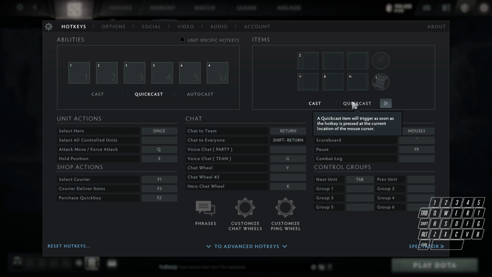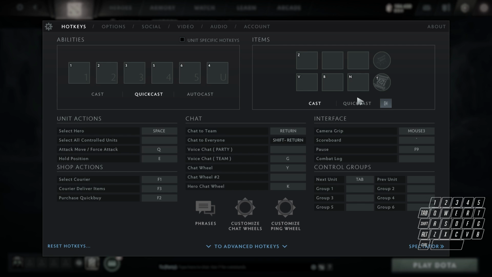The only thing I always use is quick cast on 2 items whenever I play. And remember one thing, don't use quick cast on your TP. If you want to use quick cast on all your other items, that's definitely fine. You can also do that. It can be cool, but also can be annoying, depends on you. My preference is 50-50, but TPs should always be on cast without quick cast, because otherwise